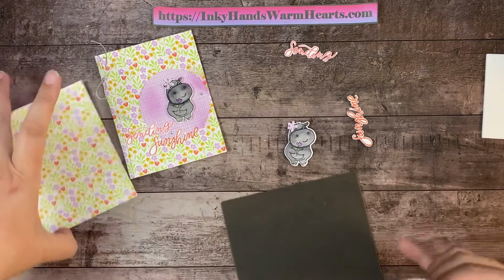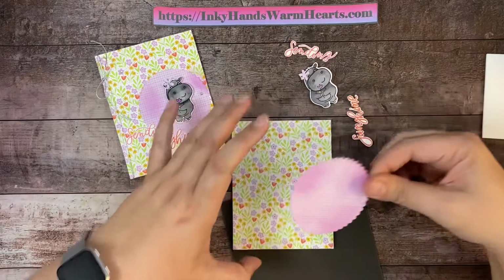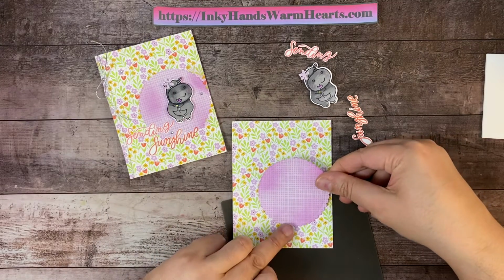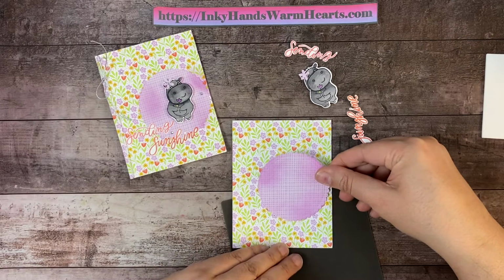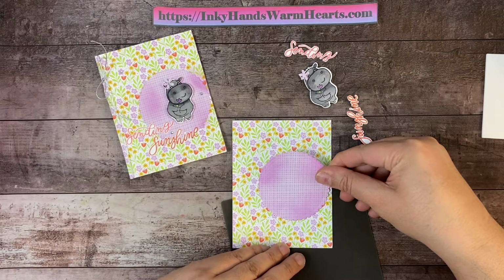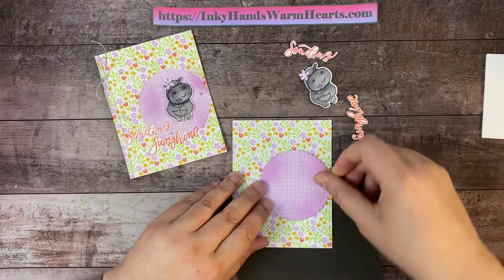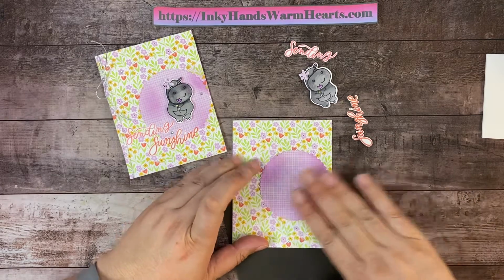So let's go ahead and bring our card in here, move our hippo, and we want to figure out where we want to place it. Maybe right there, maybe a little higher. Yeah, right here, I think. I love it. So we're gonna move that one over and press that into place,